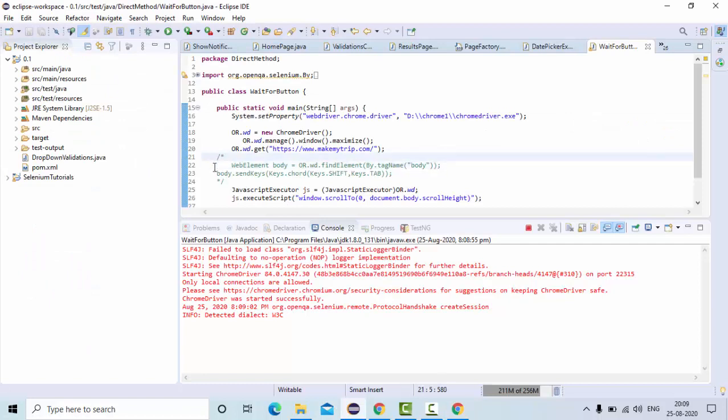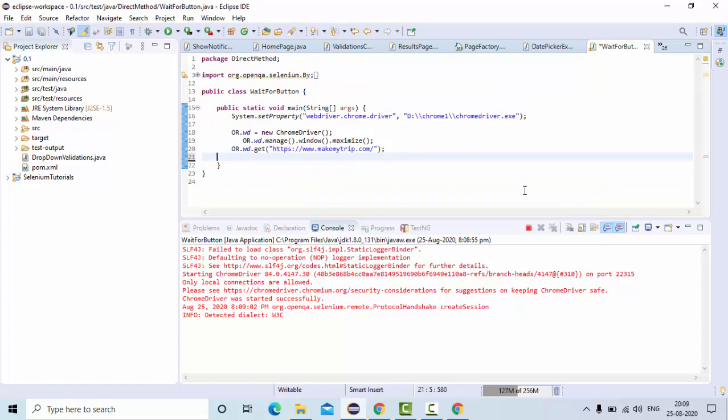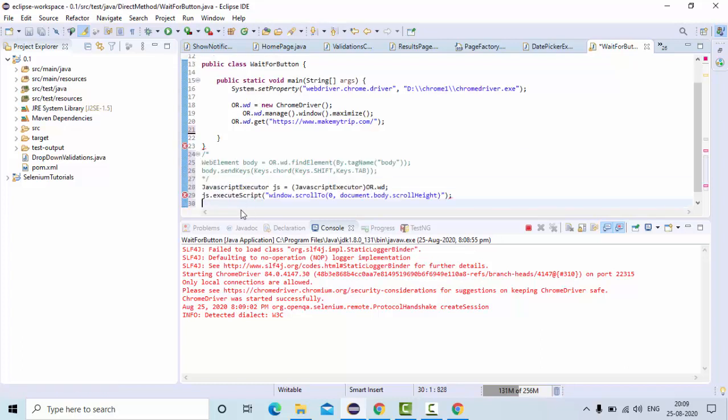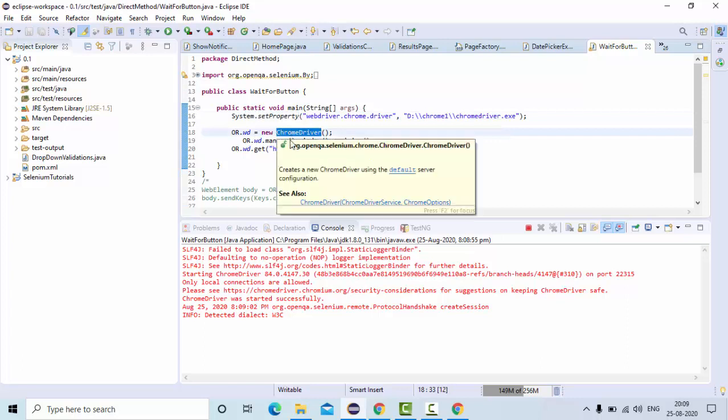I have this code. Let me put it in a comment section so that I can help more. So this is my code, isn't it? So basically what I am doing here is, yeah, cool. So here I am setting my WebDriver path and I am initializing my Chrome driver.